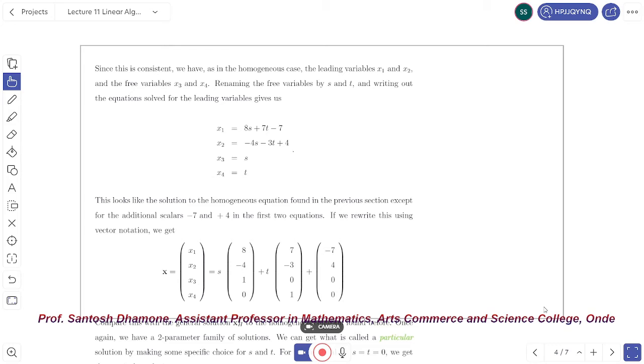We get x1 plus 0x2 minus 8x3 minus 7x4 is equal to minus 7. Here is minus 7. 0x1 plus 1x2 plus 4x3 plus 3x4 is equal to 4. Using this, we get